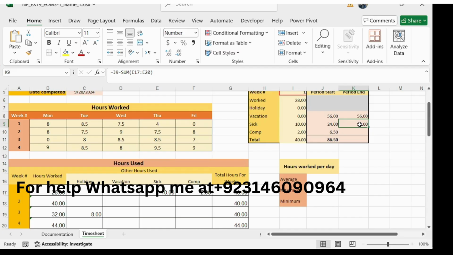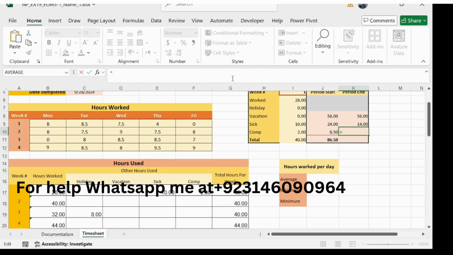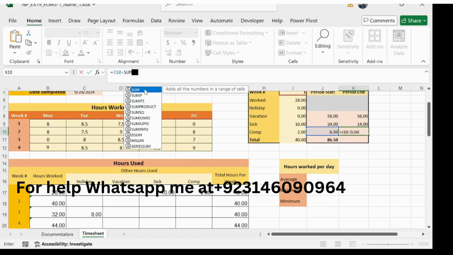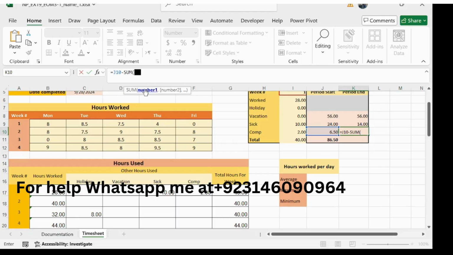And our step number 10 is in cell K10, create a formula using the sum function that calculates the total of the range. So type is equal to and select cell J10, this is cell J10, and subtract from sum, type sum and select the range F17 to F20, close the bracket and plus